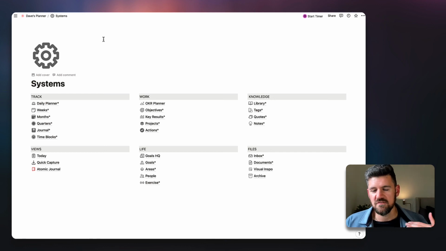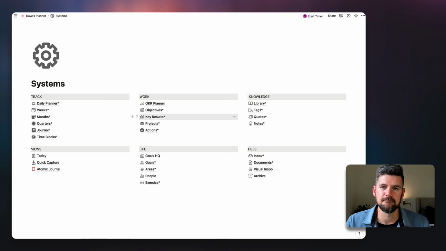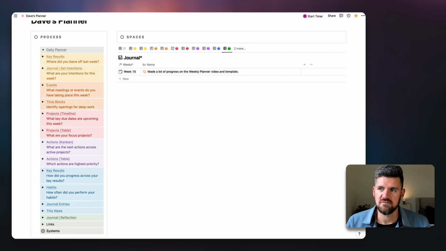But all of these sections play a role in the system. Some of these may not be part of it if they're more specific. For example, visual inspiration, I think, is a personal one. But for the most part, this is where all of the databases live, versus the dashboard, which is really a curated view of all of this information.